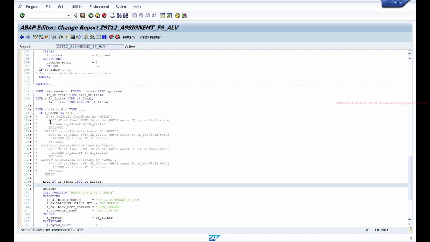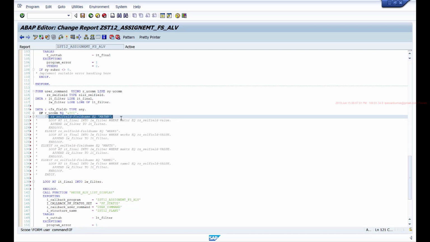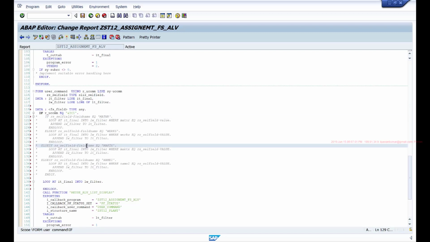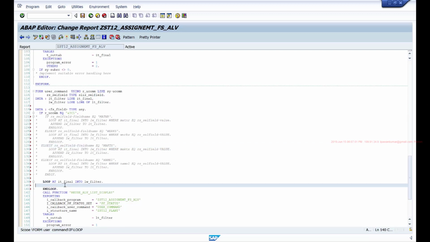Instead of checking for these if conditions, if field name is this, if field name is that, what I'll do is I'll use this statement assign component. So if you want to assign a particular field of a structure, you use this syntax assign component. Either you can give the field name statically, or you can also give a variable name which has the field name.